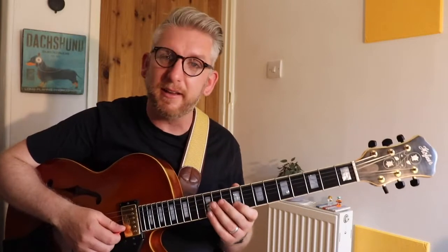It does still do that in the original, but it does take a bit of a different turn in the original. Kenny's kind of truncated it and kind of made an 8-bar section for improvising over it. And the lines that he plays here,